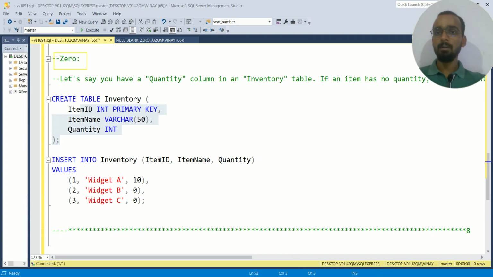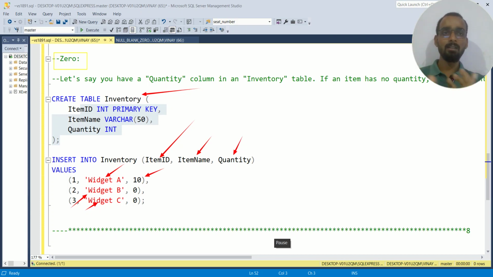So I have created this inventory table, and in it I have the columns item ID, item name and quantity. Let's say I have designed a web portal and I have ordered something. I have bought 10 pairs of shoes, one shirt, and for another item, let's say a belt, I haven't ordered anything, so it could be 0.